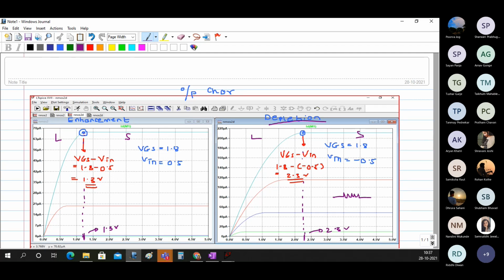And in the enhancement, the current remains constant for a very large range, and that's the reason why you can use this transistor as a constant current source. So that is the meaning of these graphs.